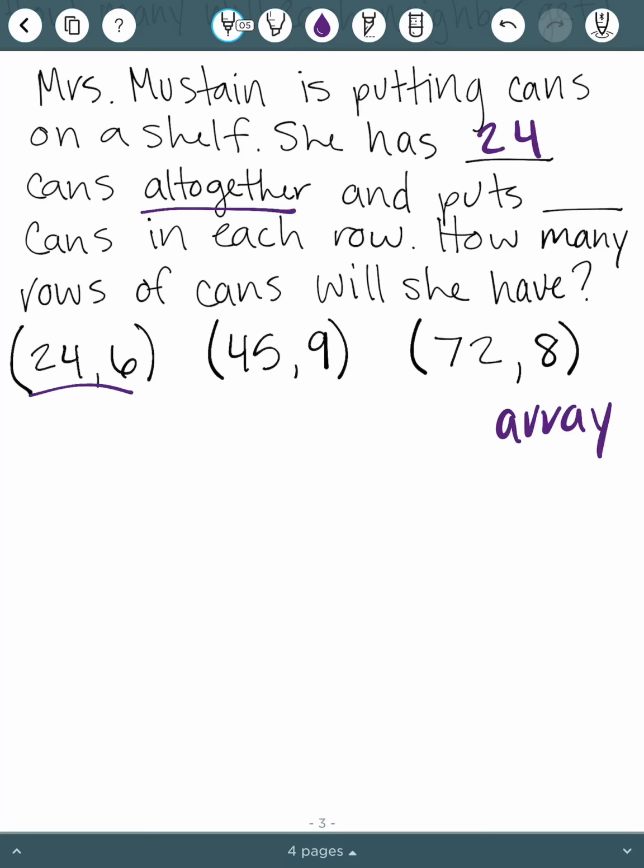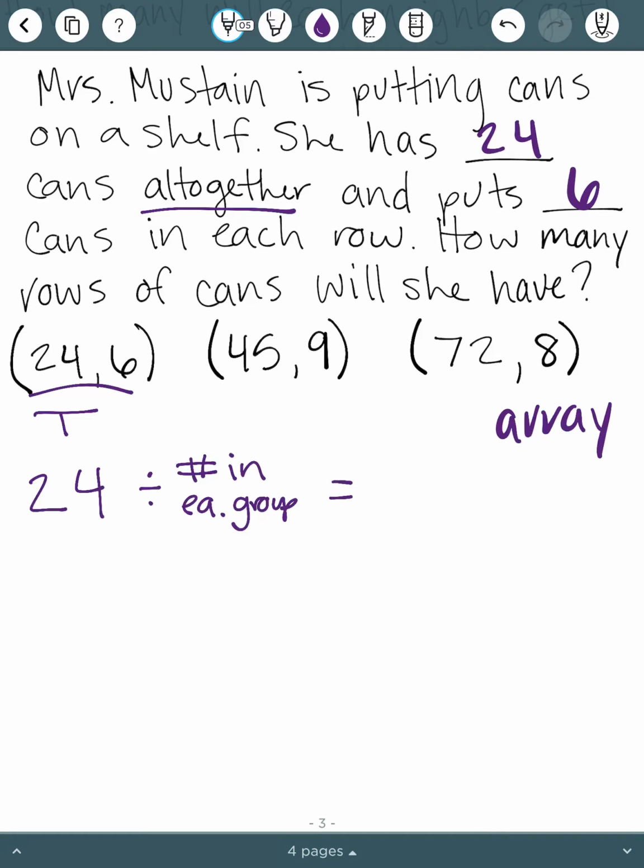I like to ask them to find keywords. She has 24 cans all together and puts 6 cans in each row. How many rows of cans will she have? So we know that each row is going to have 6, and she only has 24 cans. So same thing, we want to do our total. You can go back before and look at our little, I'll do total divided by, and we know how many is in each row. So divided by the number in each group